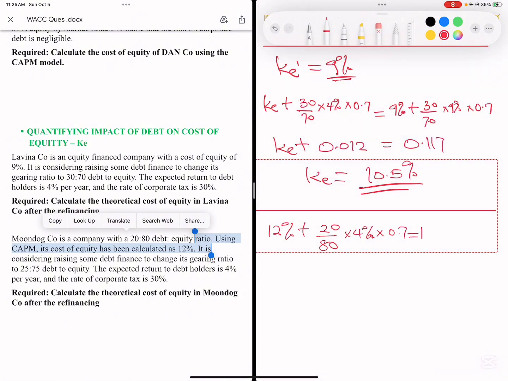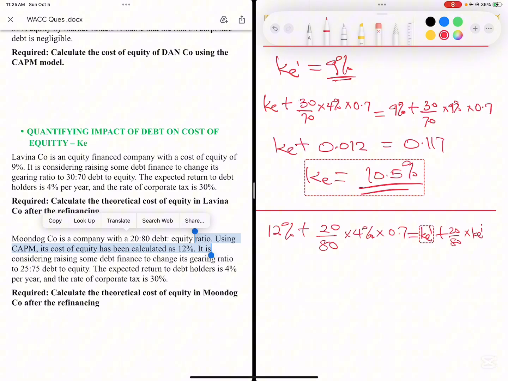So that is equal to the KEI that we want to calculate plus 20 over 80 multiplied by KEI again, that we are looking for, then multiply by 0.7. So we try to simplify this. Let's do this part first. 0.7 multiplied by 0.04 multiplied by 20 divided by 80. That gives us 0.007 plus 12%, that's 0.12. And that's 0.127